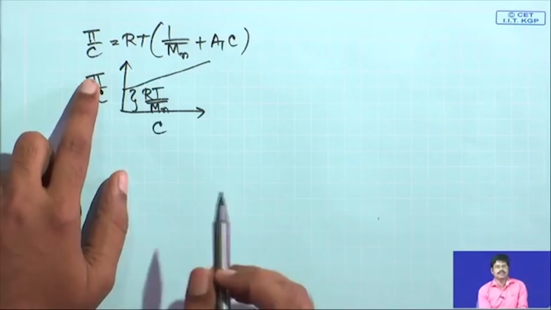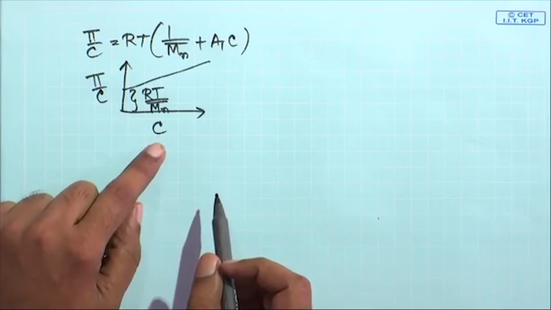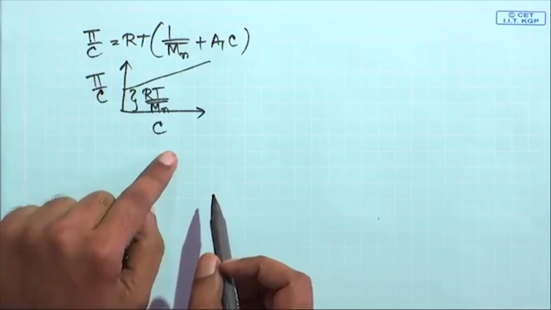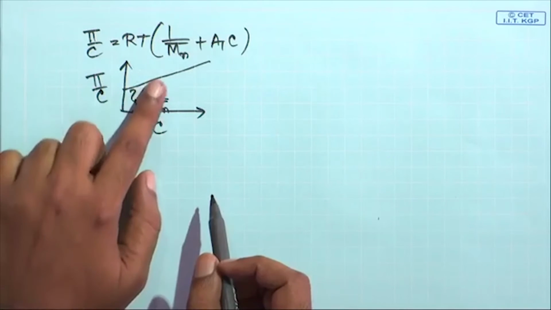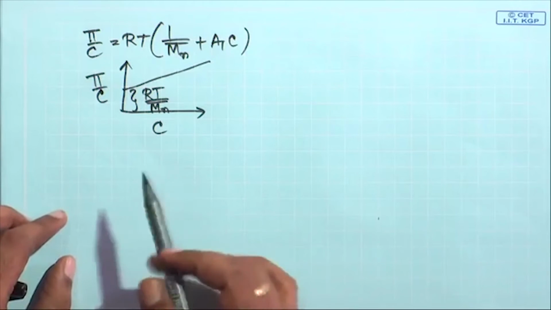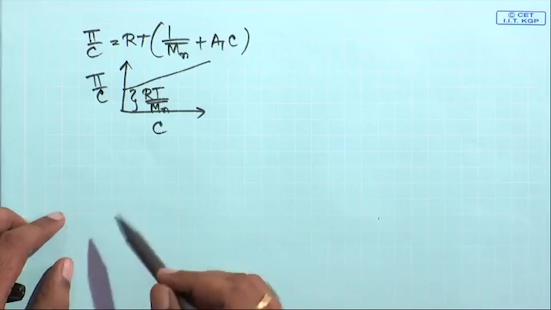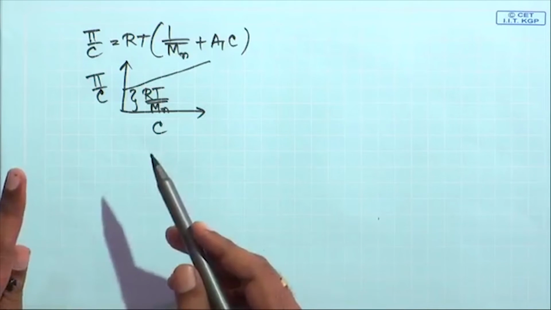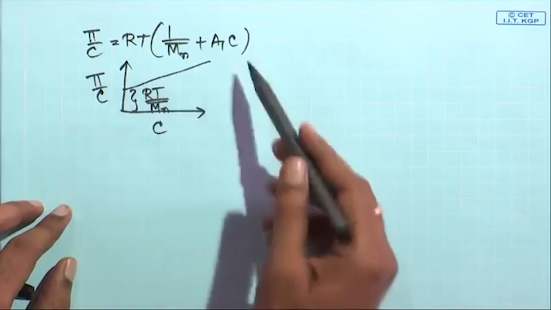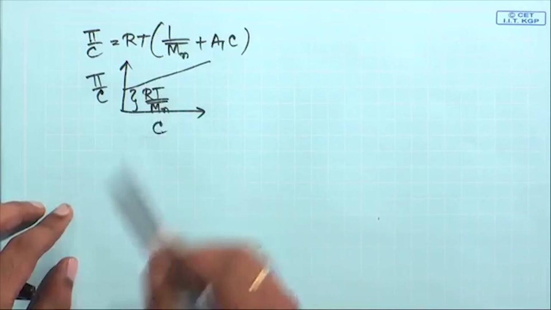So, if you can measure this pressure and you take different concentrations of the polymer and plot pi by C versus C, then you can find out RT by Mn. And as you can see, it is an absolute method, because you do not need to create a calibration curve, for example, with a polymer of known molecular weight. So, you can directly put the polymer of unknown molecular weight and determine the value of Mn here.